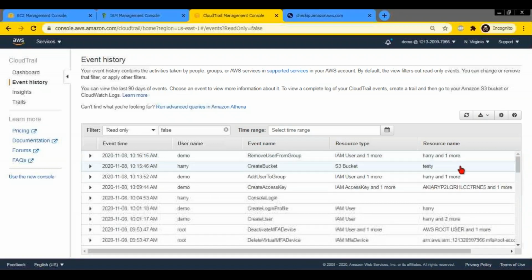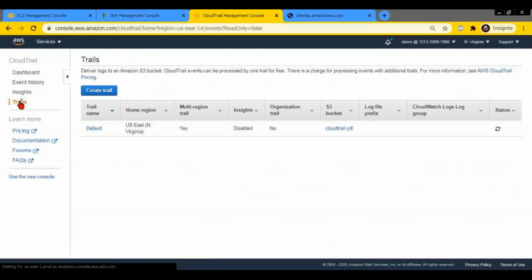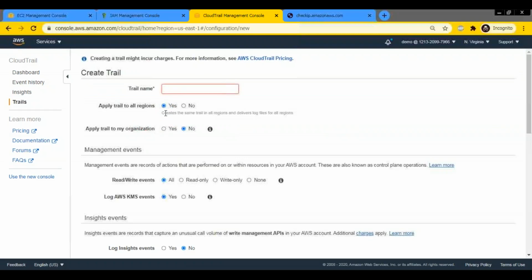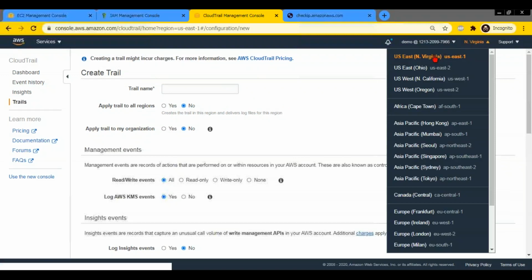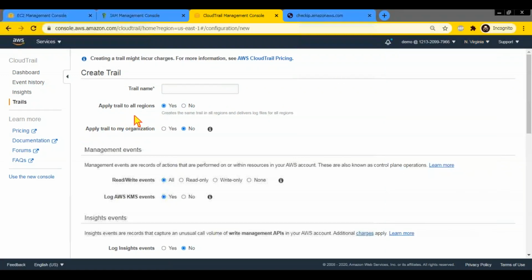in CloudTrail, right? If you want to create your own trail, you can. By default, the default trail is there, or you can create a trail. You can give it a name. You can say, do you want to apply it to all regions? You can say yes, so that events from all regions are tracked. If you say no, I want only a specific region, then it is going to do it for the region which you are currently logged in. So no, I want to track for all regions.